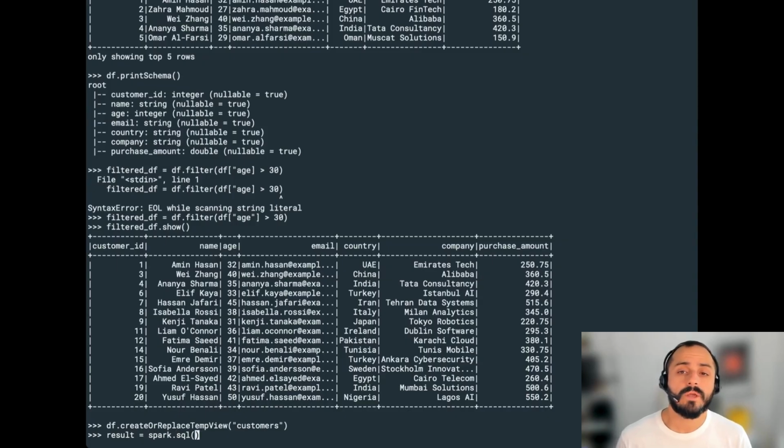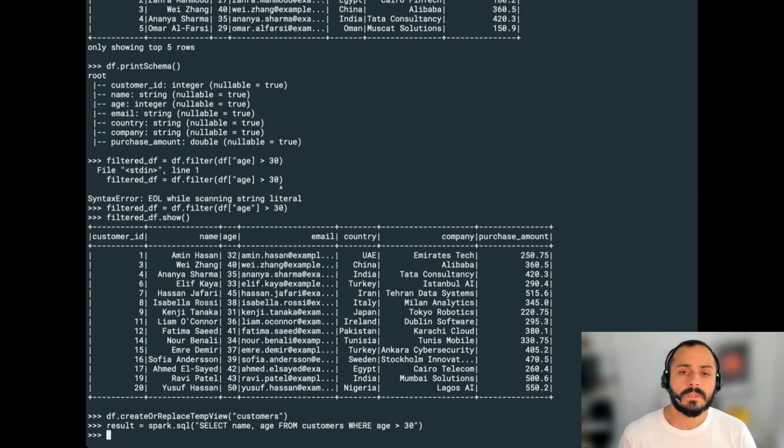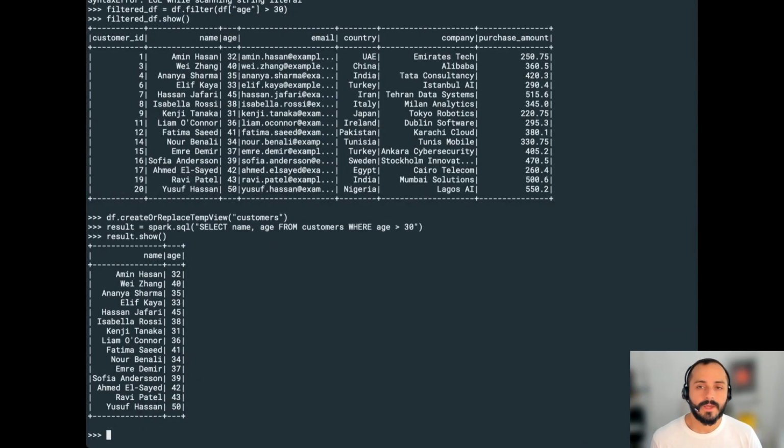And now I'm going to query the data frame using regular SQL syntax. That's pretty cool. Okay, so we successfully ran Apache Spark in a Docker environment, created RDDs and data frames, and